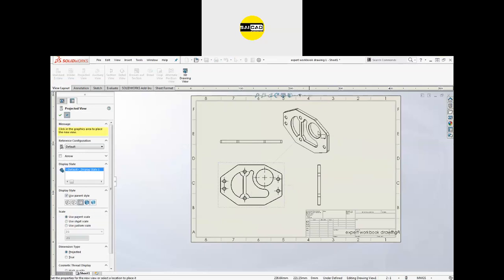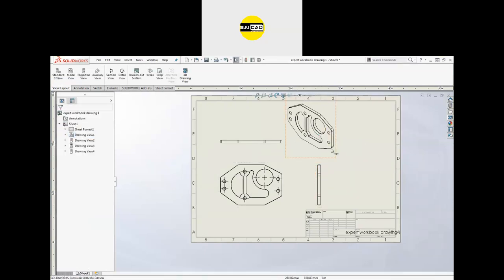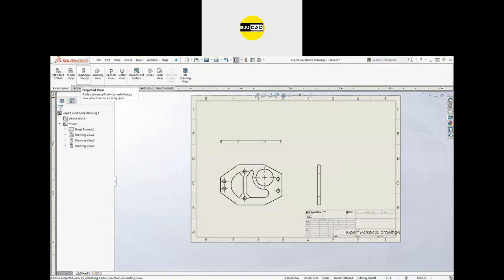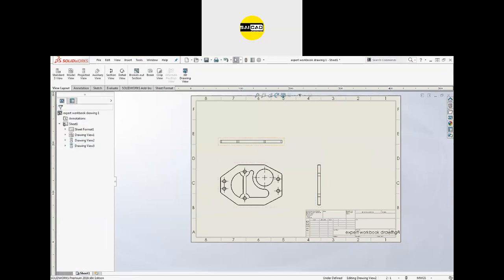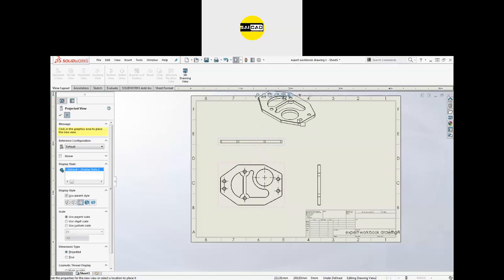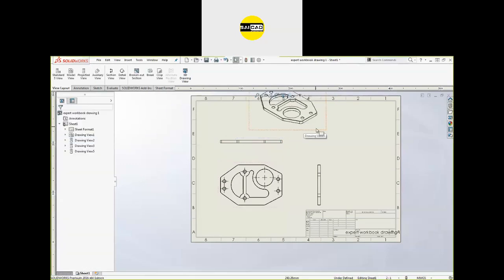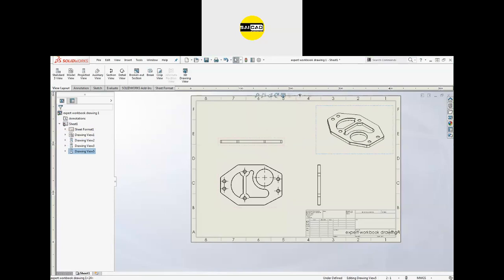So you can see we have a view here. If you don't want this view, you want a flat view up here, just rotate that. Now we have the projected view option. You can select this one and create a view from this, or you can select this one and use the projected view and create a view like this. So I need this view, so just click here. I want that to be shown here. Here is the view that we need.